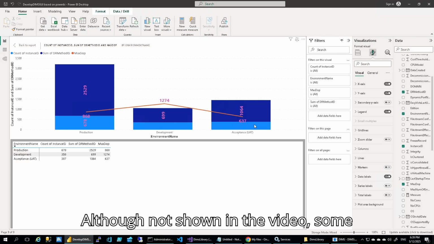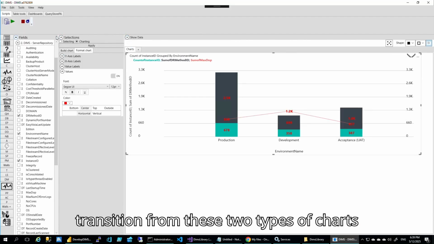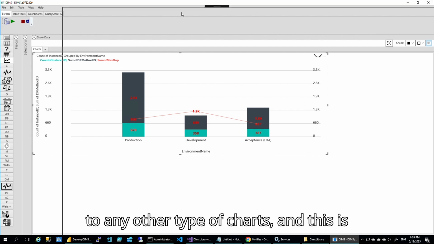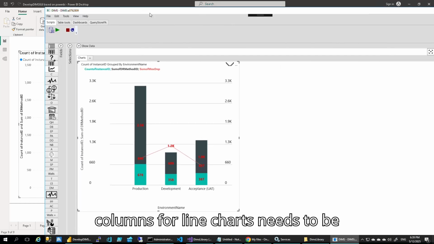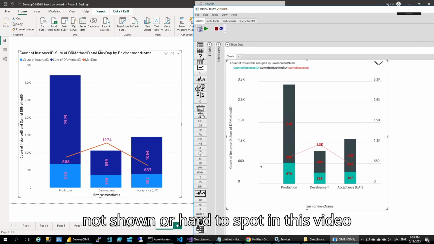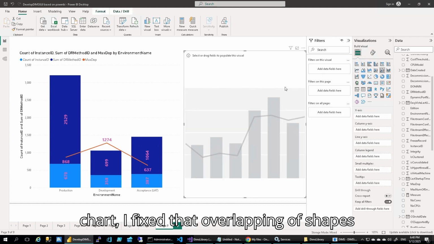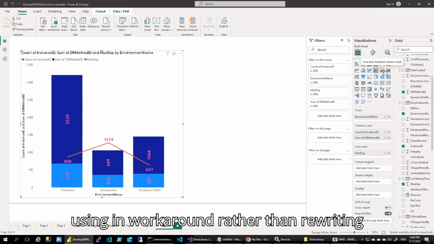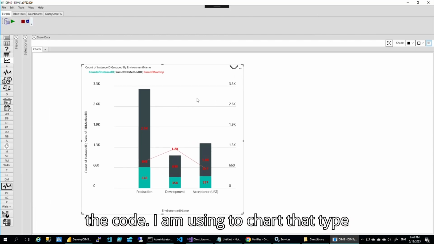Although not shown in the video, some code had to be written to allow a smooth transition from these two types of charts to any other type of charts, and this is because the place where I am adding the columns for line charts needs to be ignored when the chart type is changed. Also not shown or hard to spot in this video is the fact that for the clustered column chart, I fixed that overlapping of shapes using a workaround